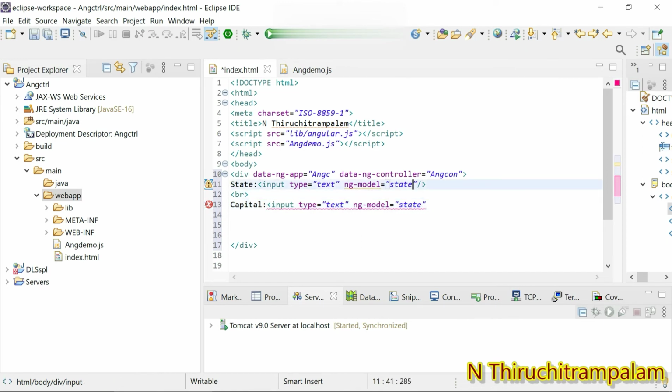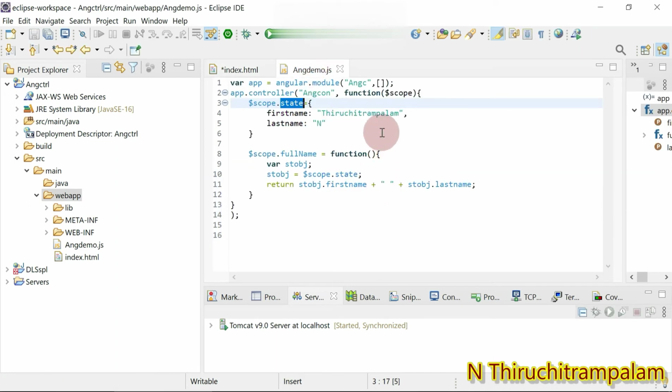I have yet to give the full name. So state is a property, I mean it's an object property, an object variable. It has two key values. One is first name and the other one is last name, right?